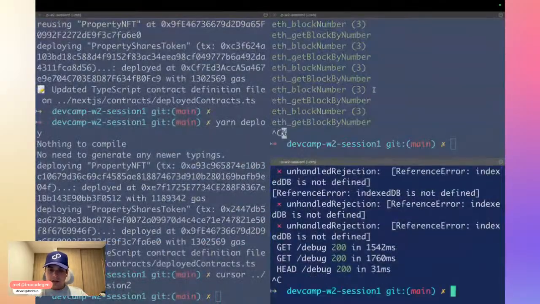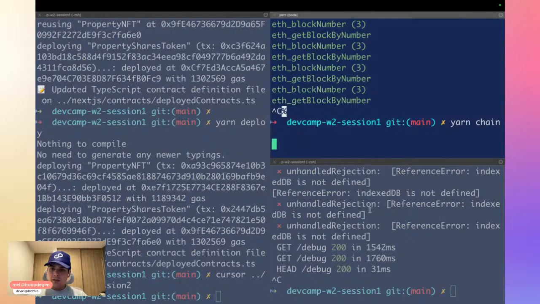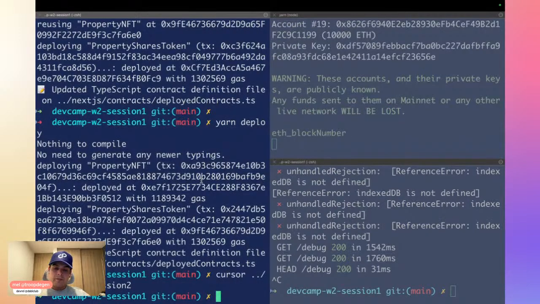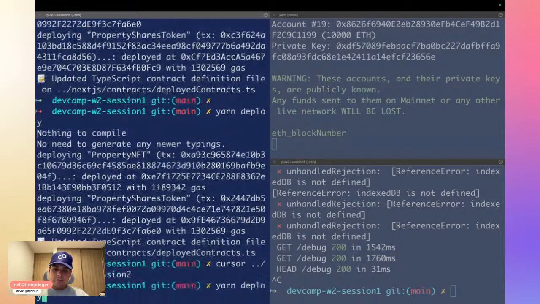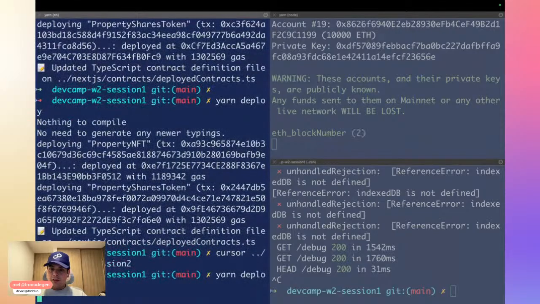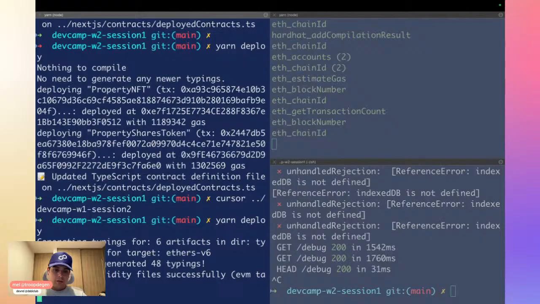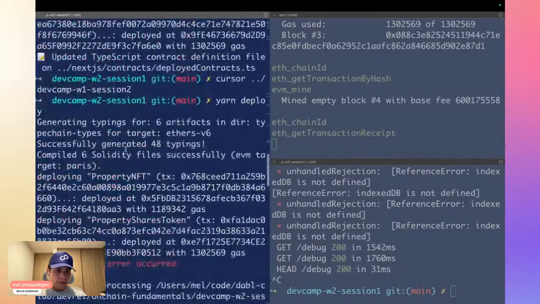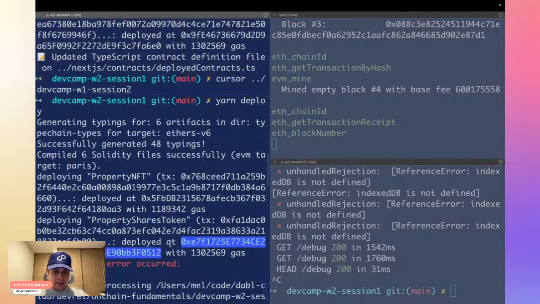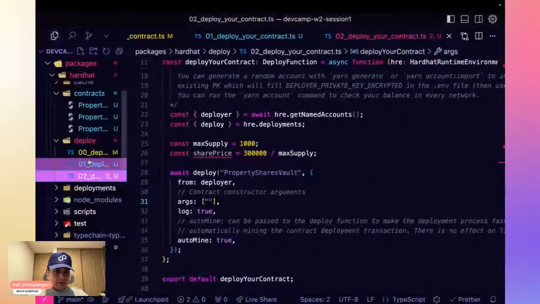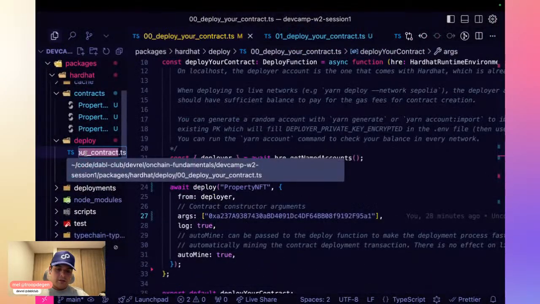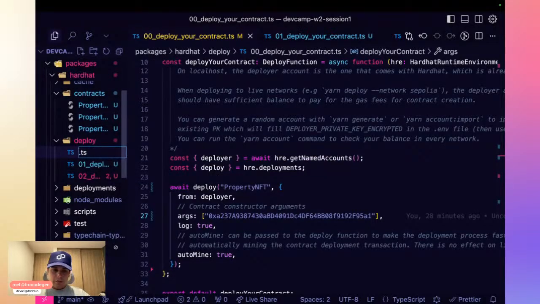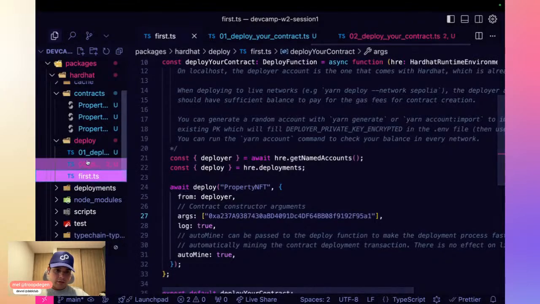Let's kill this and this. Restart the chain. Now if I deploy, I should have two successful deployments and one that will not be good. So property NFT and property shares token, perfect. And now I need this address. I'm just going to call this first and second.